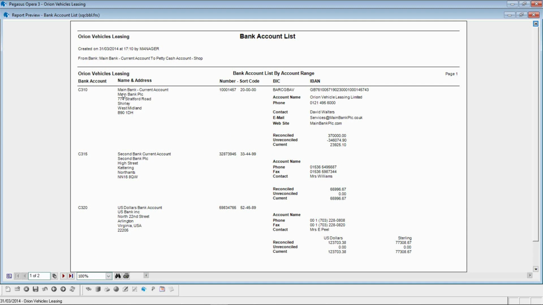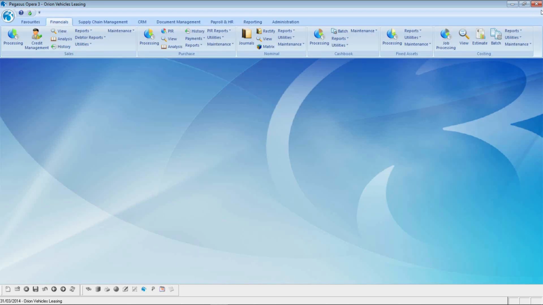So I can see the bank account, I can see the sort code, I can see the various details of that. But I can also see for each bank account the reconciled, the unreconciled values, and the current balance on each of the accounts that are on there. As you can see, there's a whole host of useful reports to help you control your bank accounts and manage